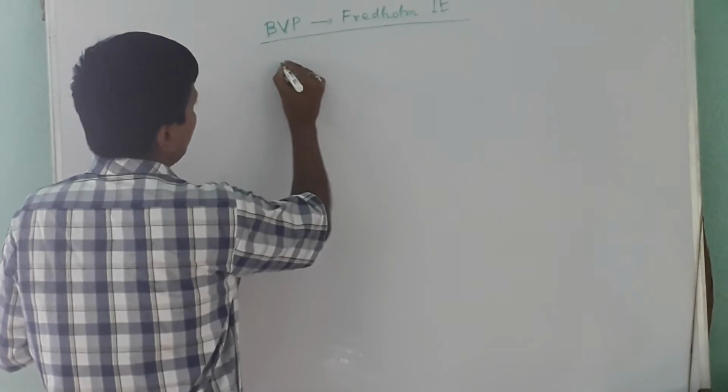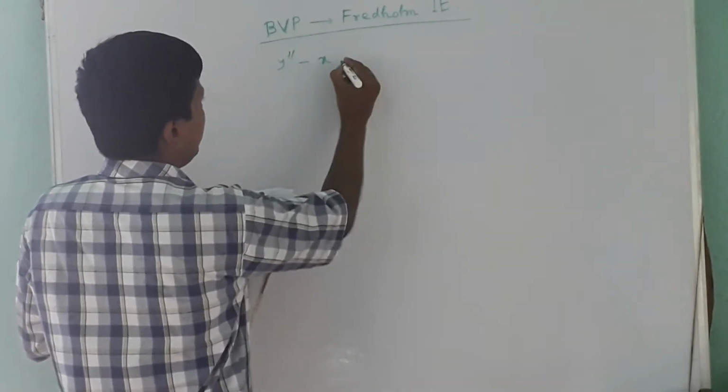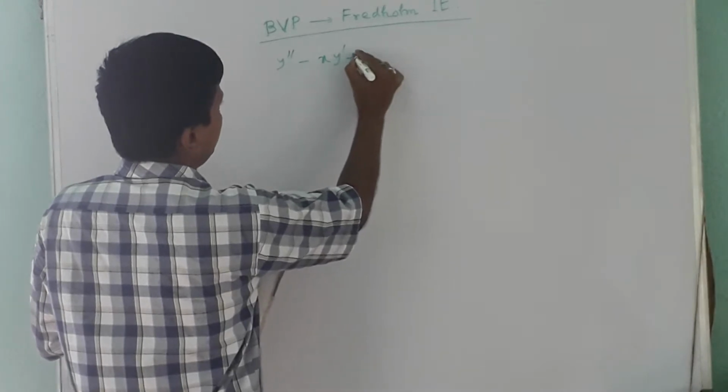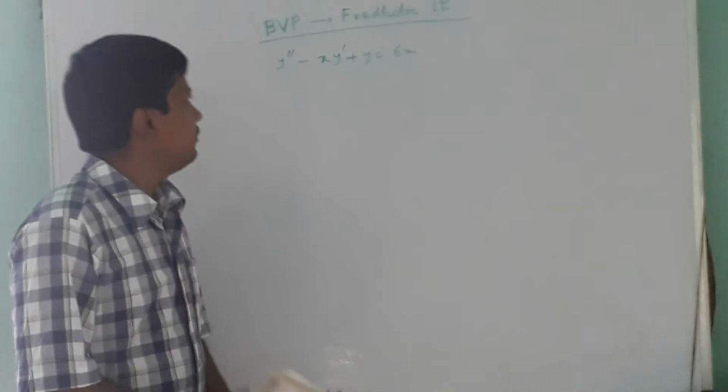Now we choose a problem like this: y double dash minus x y dash plus y is equal to 6x. Here, instead of this minus x you can choose any function of x. Here, instead of this plus y, you can choose any function of x times y. This is a linear